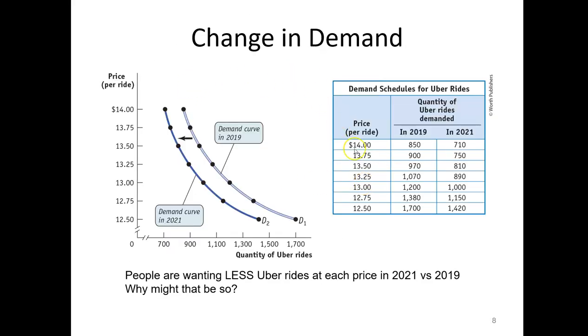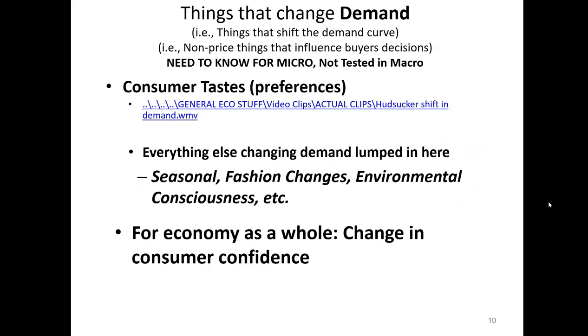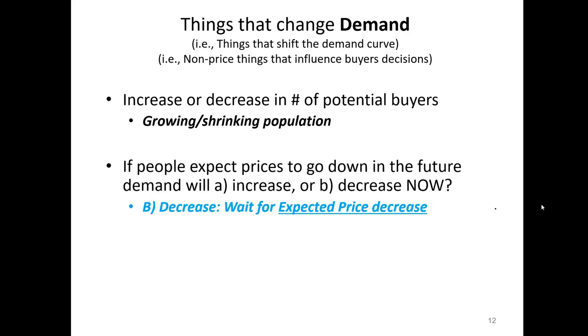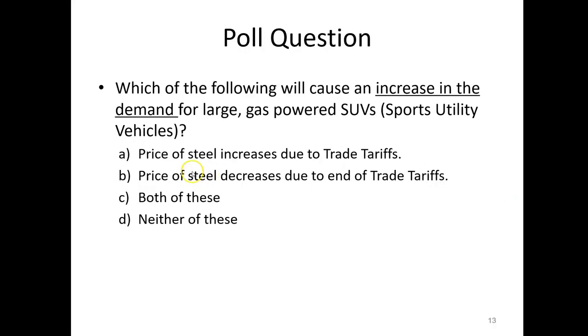Although this is Uber rides, put these into thousands and you can think of it as cars. And if the price goes down, that's not a change at any given time period. That's not a change in demand. It's just moving up and down demand. So a change in the price of steel. Another way to think about why this is not a change in demand is would the